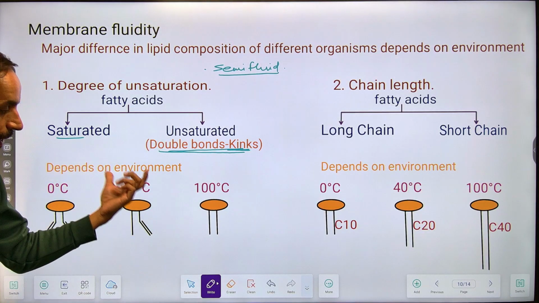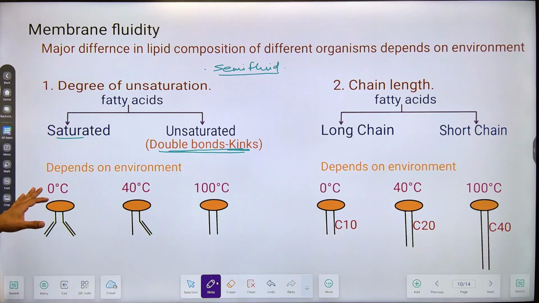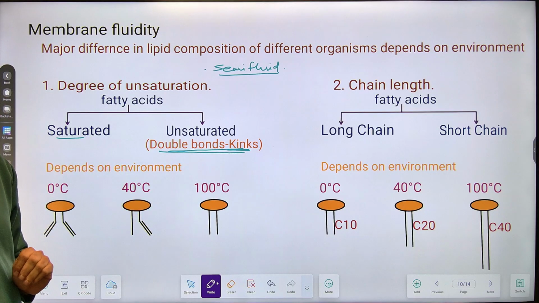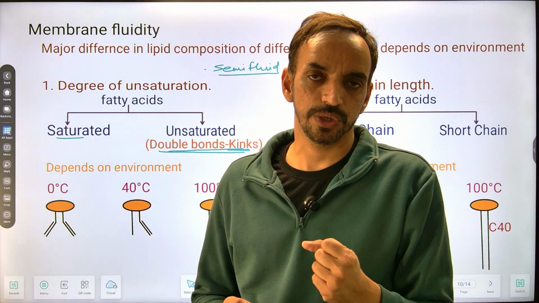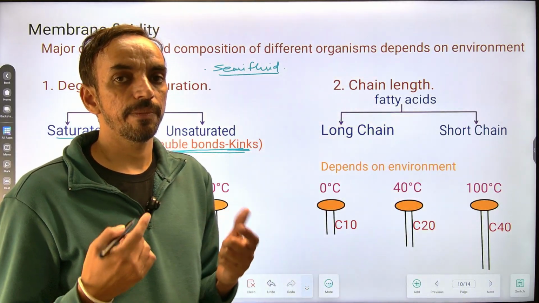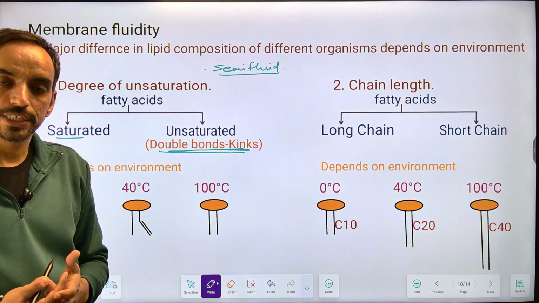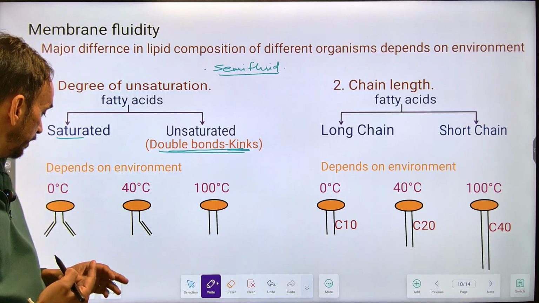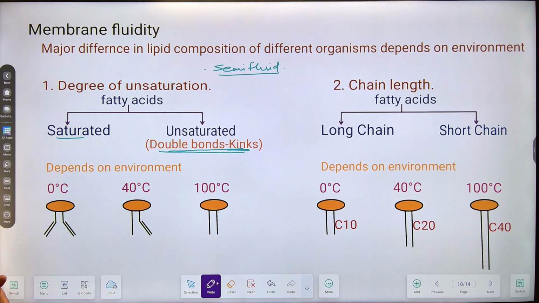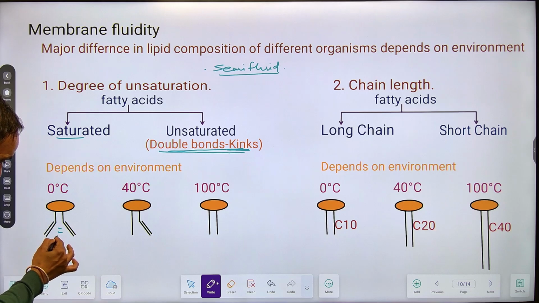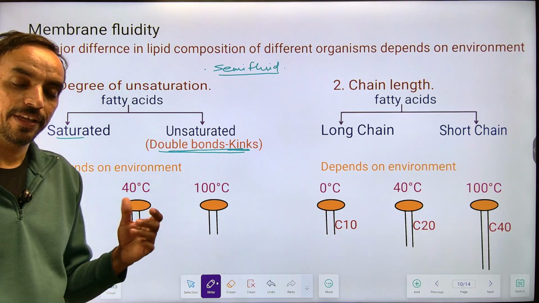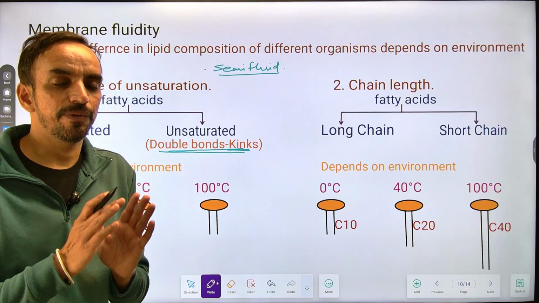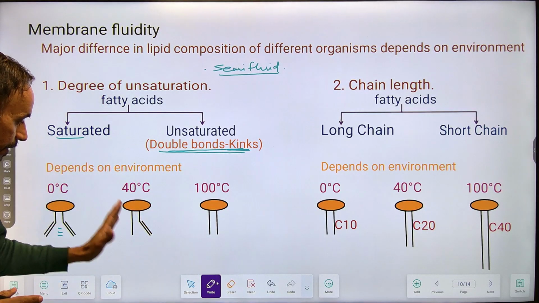अब डिपेंडिंग अपॉन द एनवायरमेंट, सपोज कीजिए एनवायरमेंट 0 डिग्री है, 40 डिग्री है एंड 100 डिग्री है। 0 डिग्री सेंटीग्रेड पे क्या होगा, मेम्ब्रेन फ्रीज होने की कोशिश करेगी। आपको सेमी फ्लूइड नेचर मेंटेन करना है। तो उस कंडीशन में दोनों जो फैटी एसिड चेन्स हैं वो अनसैचुरेटेड होनी चाहिए, जिसकी वजह से देयर विल बी लेसर हाइड्रोफोबिक इंटरेक्शन, और लेसर हाइड्रोफोबिक इंटरेक्शन होगा देन द मेम्ब्रेन रिमेन इन सेमी फ्लूइड नेचर।